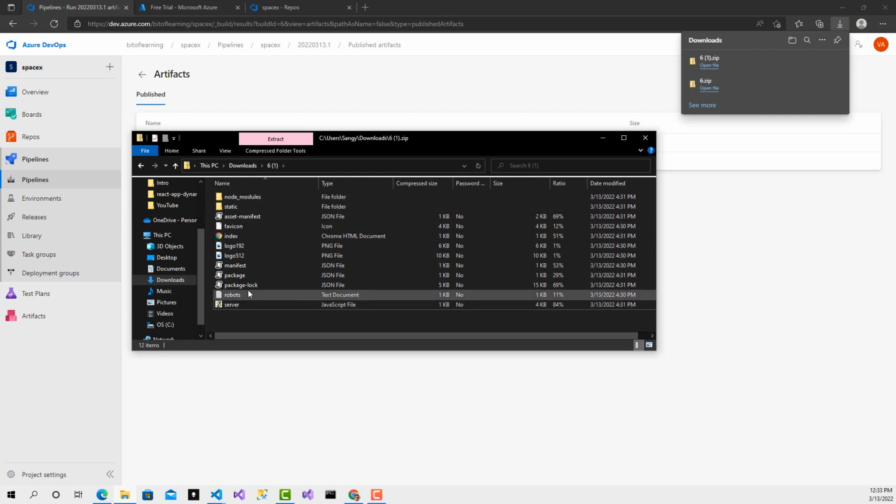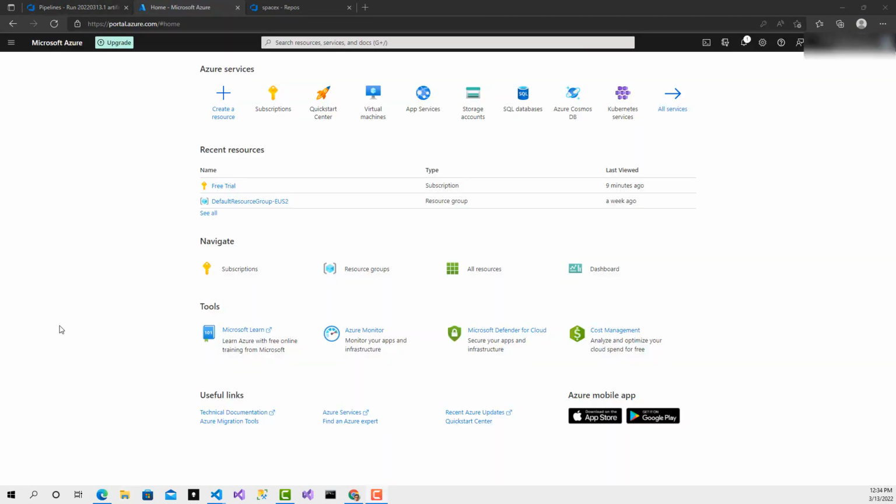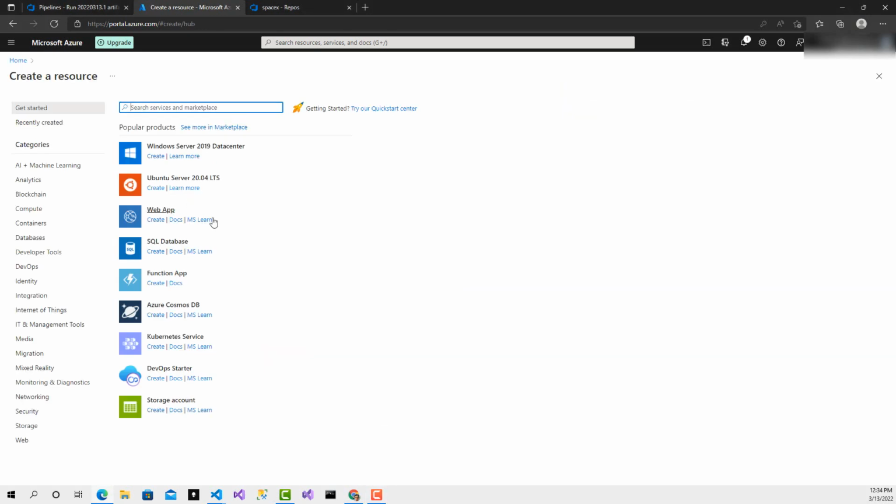The next thing to do is create the web app in Azure, and then we'll set up a release pipeline to deploy these assets to Azure Web App. So let's do that next. So I'm here in Azure. I'm going to create a resource. This is going to be a web app. So I'm going to say create,